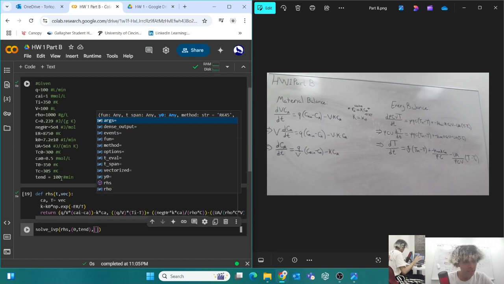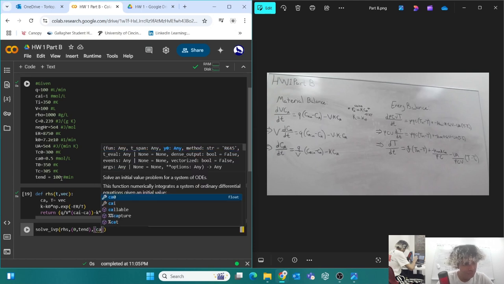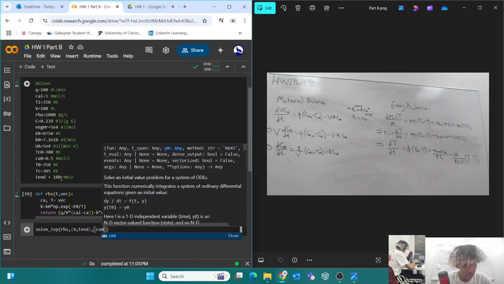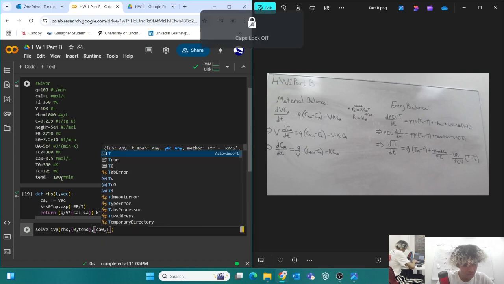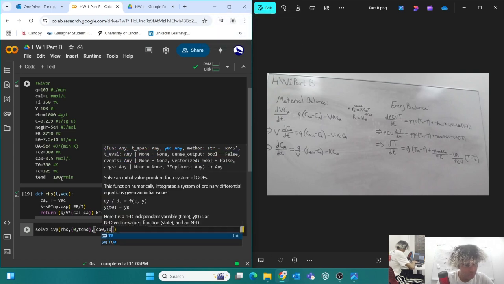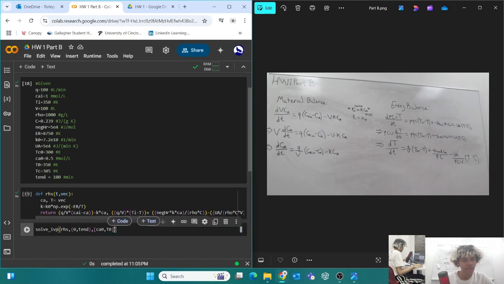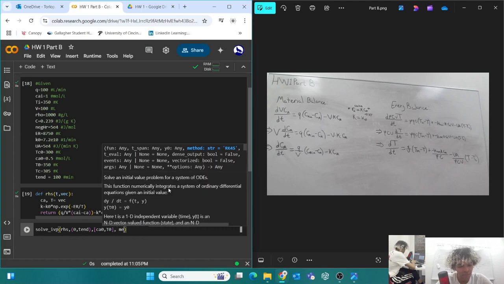Okay, sorry. As you can tell, again, we have two dependent variables, concentration and temperature. And again, with solve IVP, you have to have your function defined, then you set the time span that you're looking at, and then you need the initial values of the dependent variables. So then from there, we do method